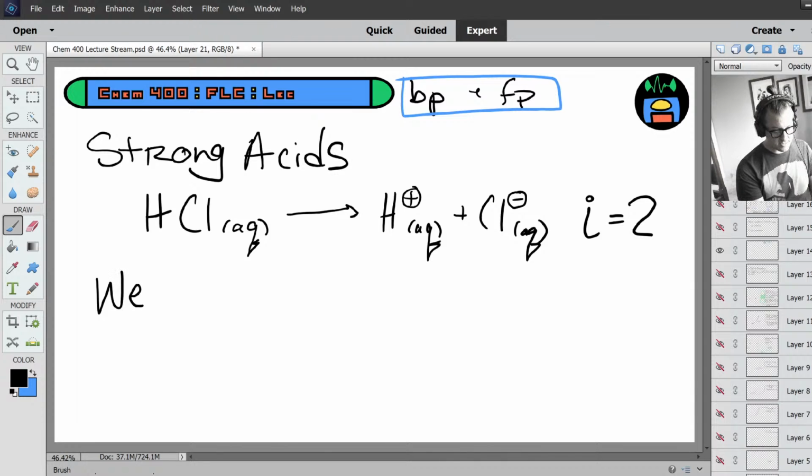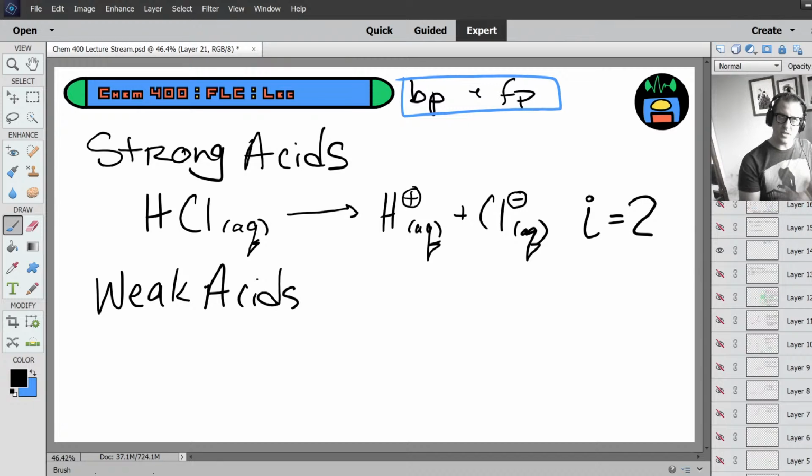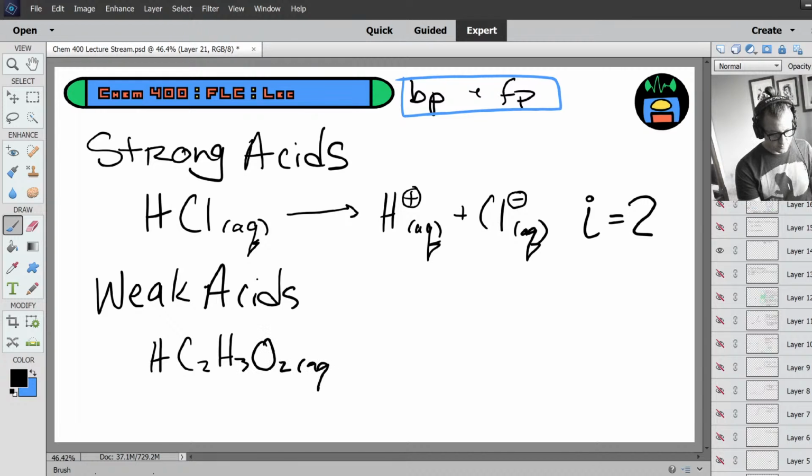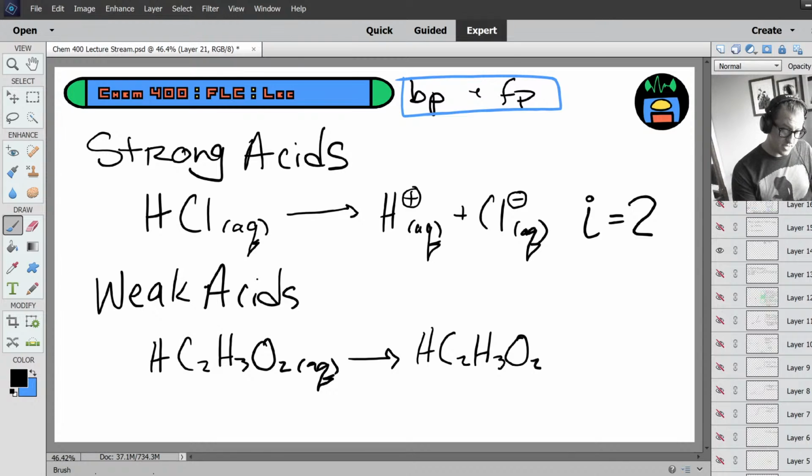But weak acids, it's not that they don't ionize at all. They do ionize a little, but they remain mostly associated. So, for example, a weak acid like acetic acid predominantly remains associated, and so weak acids this semester,